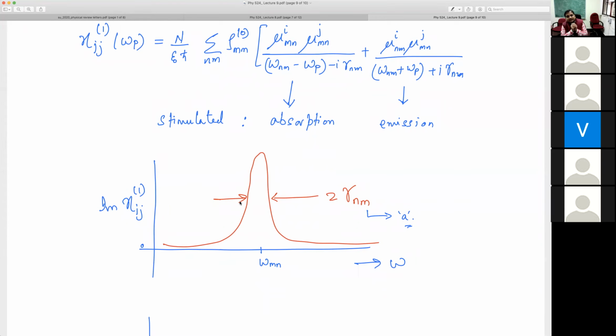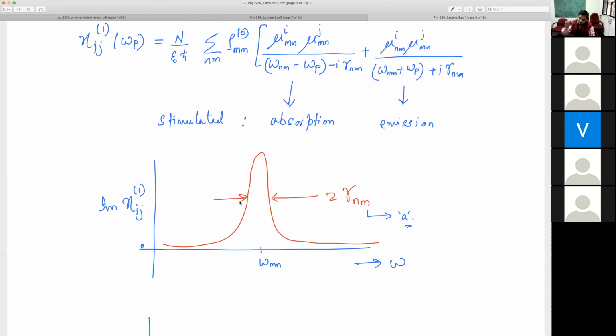So I can send in light. I know what light intensity I send in, and I look at, let's say, the transmitted light, and what intensity of light I have received, and I can calculate the difference of that. So that gives me absorption, and that absorption is precisely proportional to the imaginary part of chi ij. I have not done explicit calculations, but I put this P in Maxwell's equation, and then I can calculate the intensity of the transmitted light. I can show that the absorbed amount of light will be proportional to this chi ij.